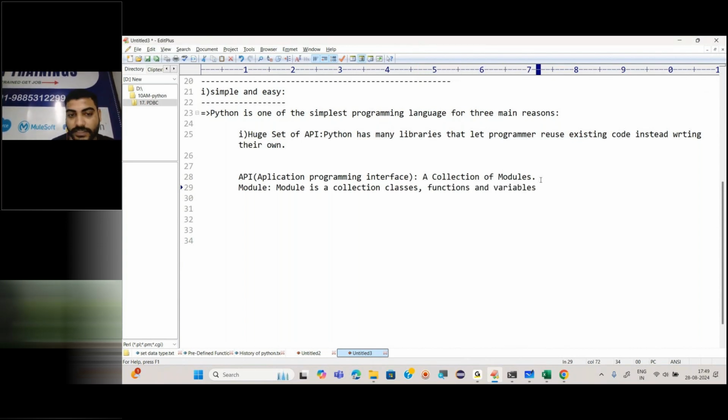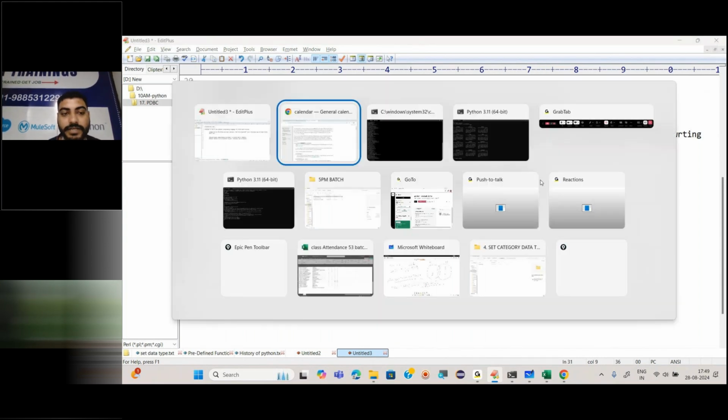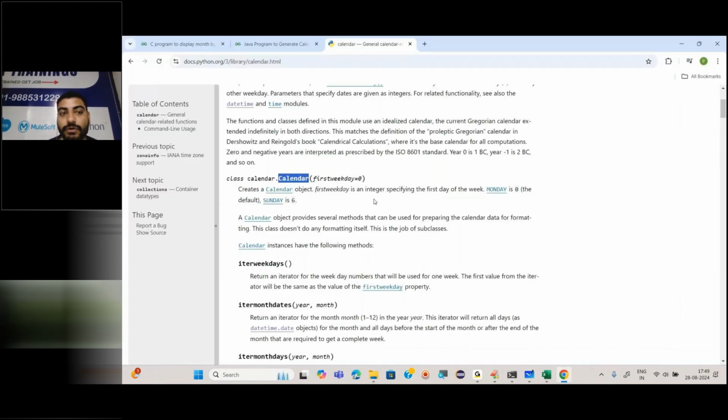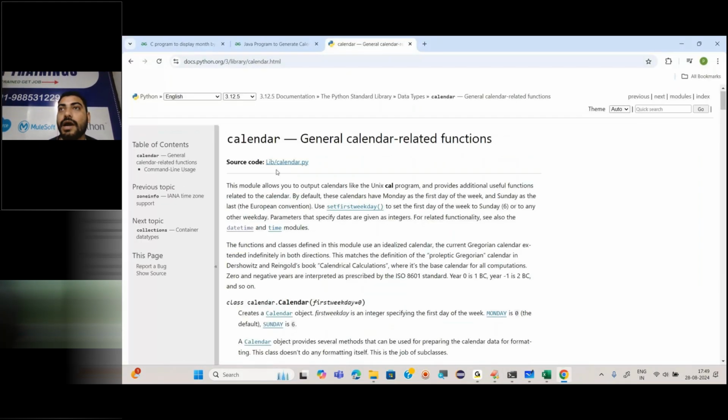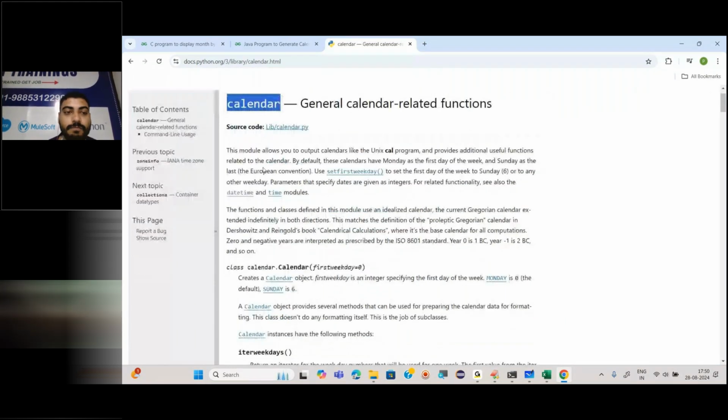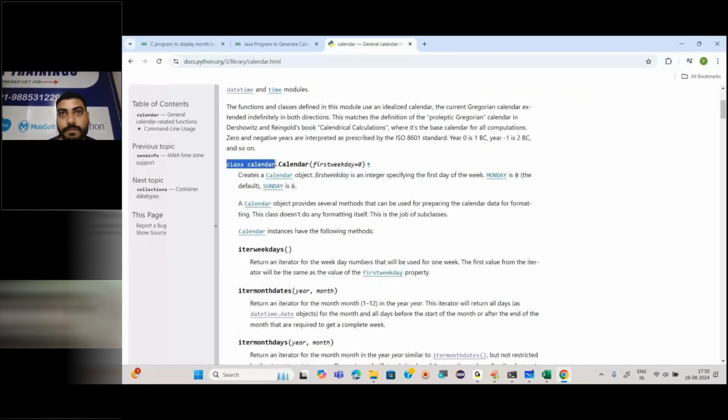Okay, classes, functions and variables. Are you getting it? Let me show you. In this particular case, calendar is one type of module. I can say it is a library, right? Inside a library, what do we have? We have classes. If you check, calendar is a class.